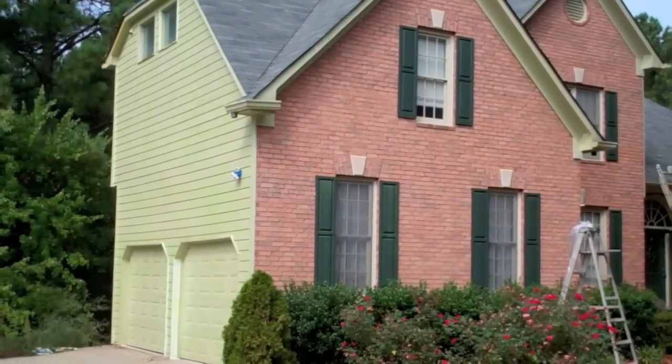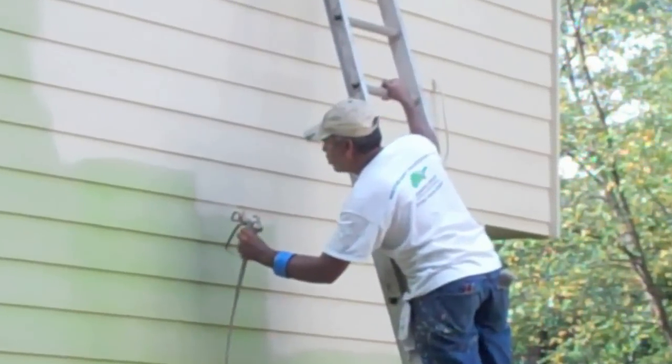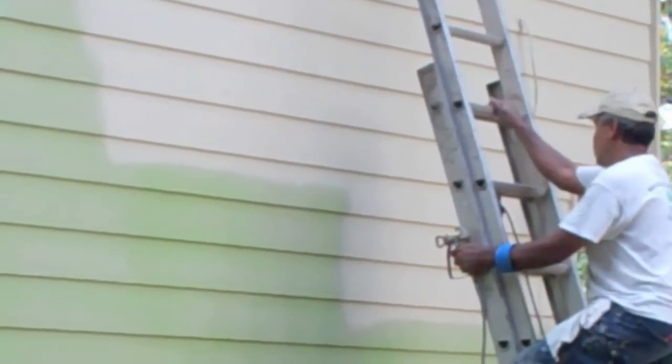every part of every surface is sealed. Here the crew is applying the adhesive primer. As you see, it goes on with a bit of a tint and completely seals all surfaces. This waterproofs the siding. Our top coat encapsulates everything. This is basically a clear coating that does not allow water to penetrate. It also is